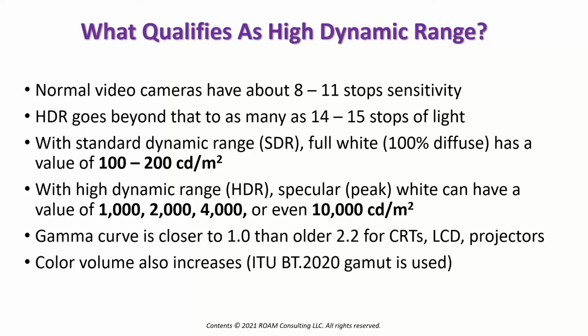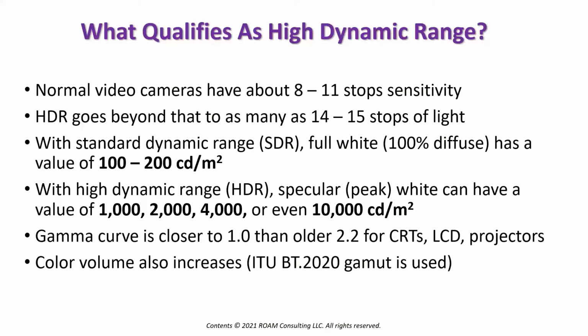So with standard dynamic range, a full white screen has a value of 100 to 200 candelas per square meter, or nits. That's pretty common. As a matter of fact, on old tube TVs, full white was about 100 nits. But with high dynamic range, we're starting to approach linear light. So peak whites, specular whites, you think of somebody welding and you see sparks, or a candle, or light reflecting off glass, or light reflecting off water, kind of a value of 1,000, 2,000, 4,000, or even 10,000 candelas per